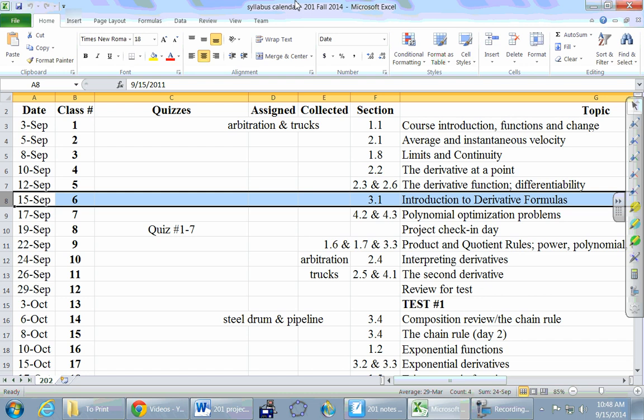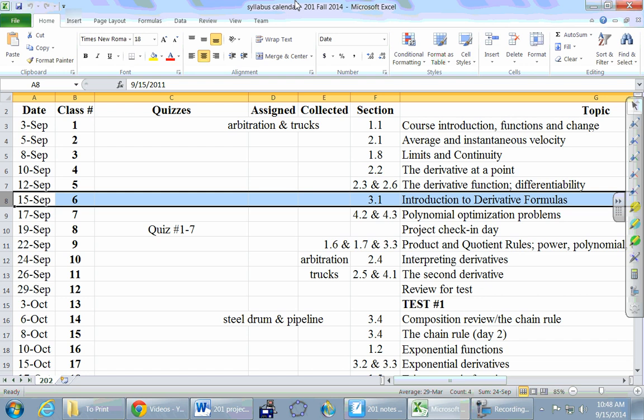We'll take our quick look at the calendar. Today, September 15, is our introduction to derivative formulas. Today's class activity, I think, is on the shorter side, so it was a good day to have the peer tutoring description come in. And the very next class is on the longer side, so we might steal a little bit of the end of today's class to start the longer class scheduled for